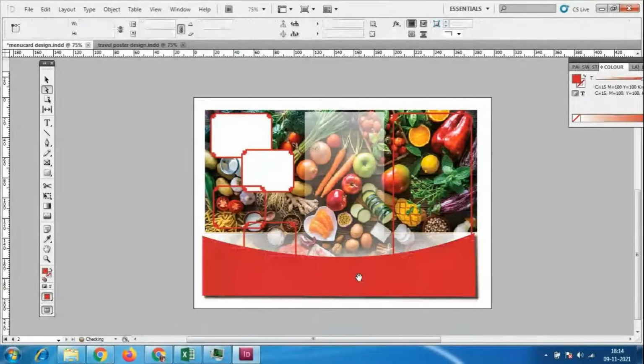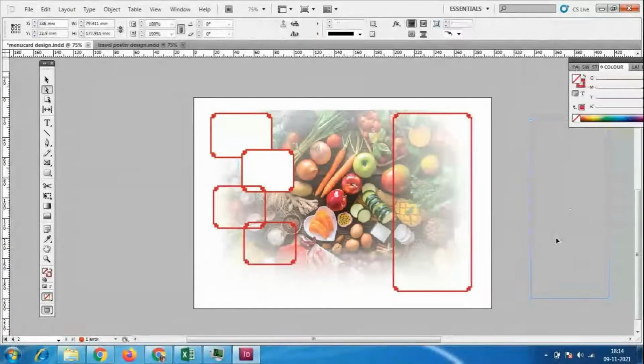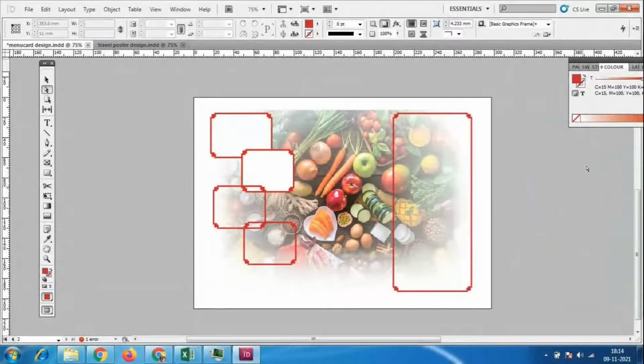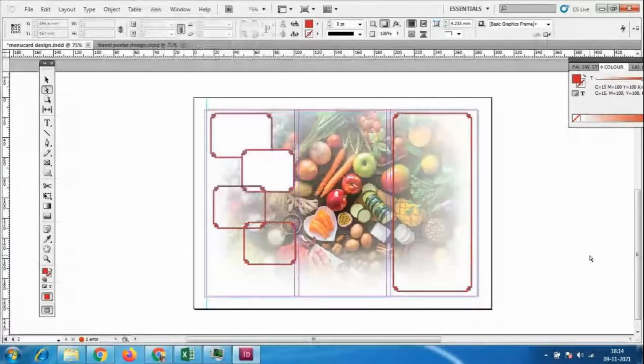Okay, it's not necessary that every student has to do the same design. Everybody could use a different concept or different designs. Okay, so I'm showing you the different options because we have only these many things. So with this only you can do multiple things, multiple designs, we can use it.